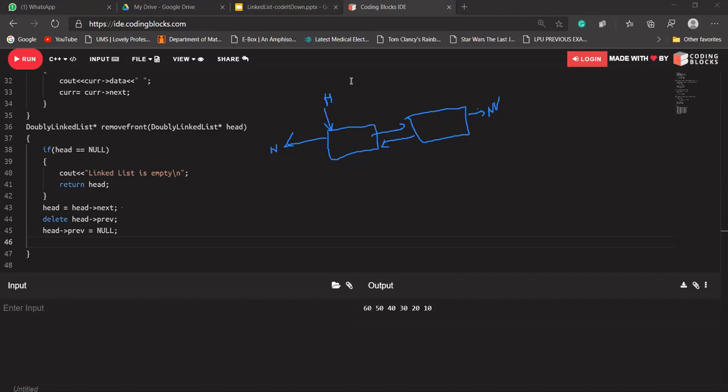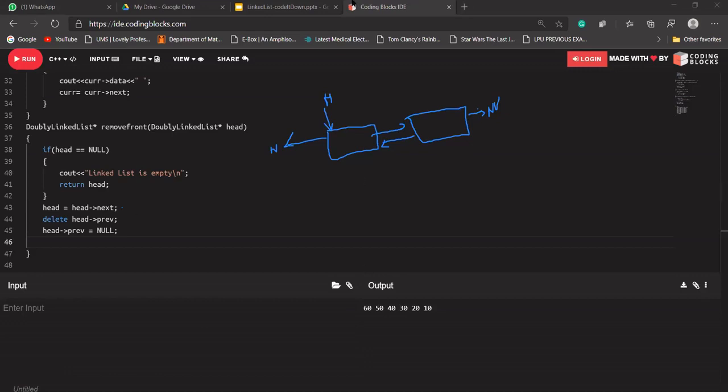You can reply on the group chat. I'm waiting for a minute. Okay Shrey, yes, I think you got it. There is only one element. Yes Shrey, you're right. If there is only one element, this code will not run.